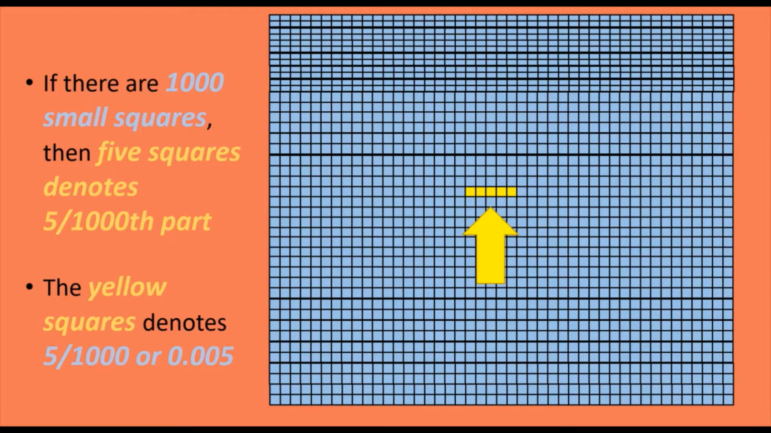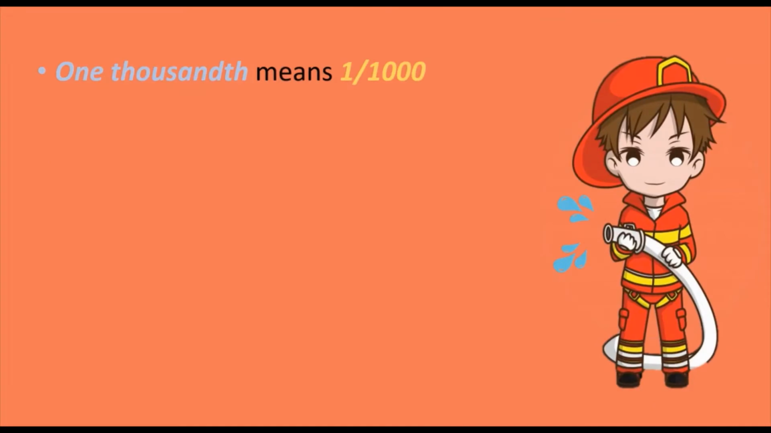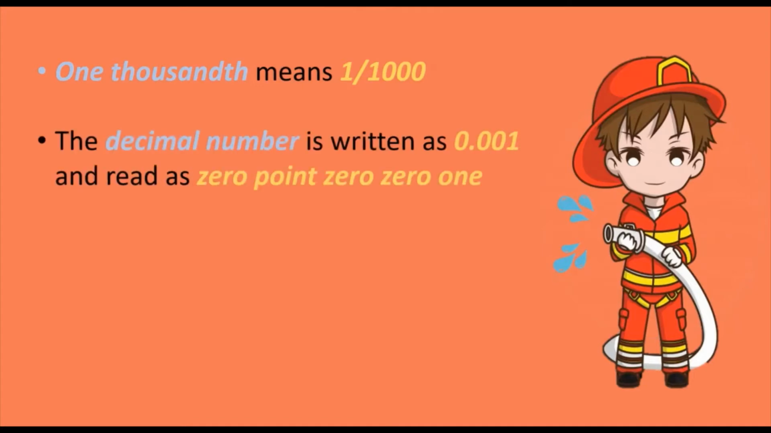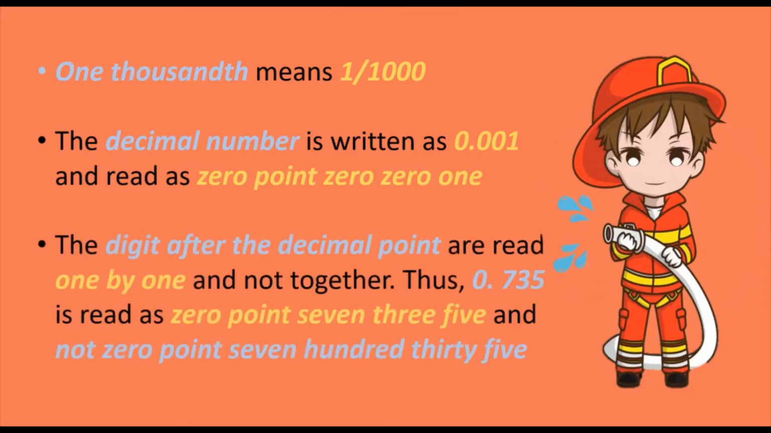0.005, and 1000th, which means 1 divided by 1000, is written as 0.001 in decimal number and is read as zero point zero zero one. Hence, we notice that the digits after the decimal point are read one by one and not together. Thus, 0.735, you can see the number on the screen, is read as zero point seven three five and not